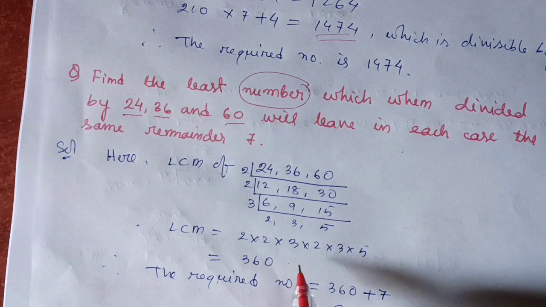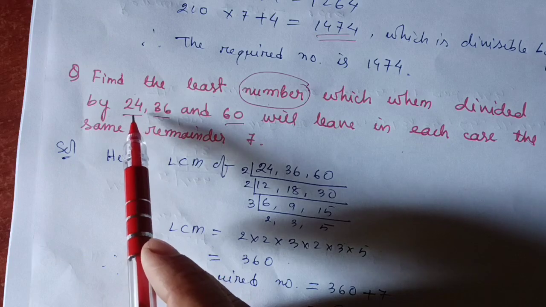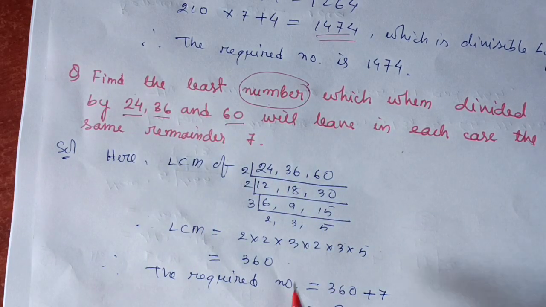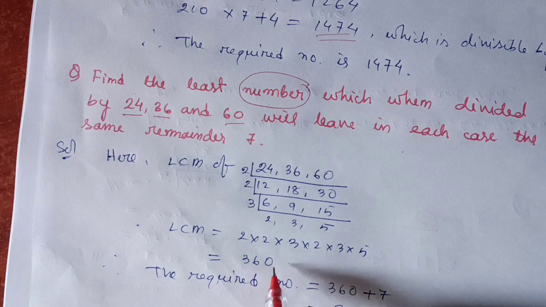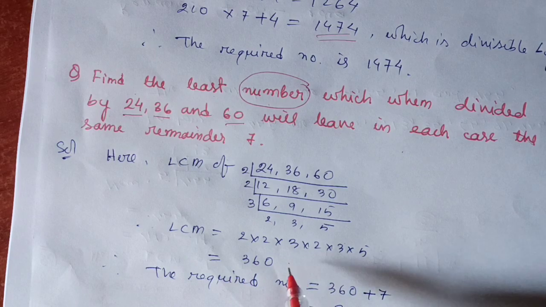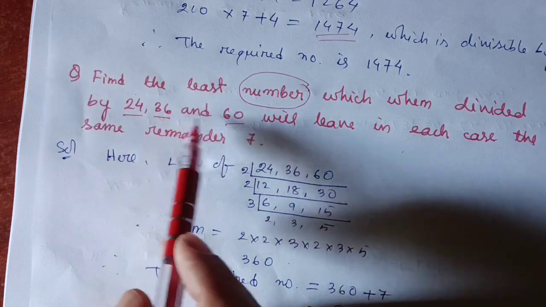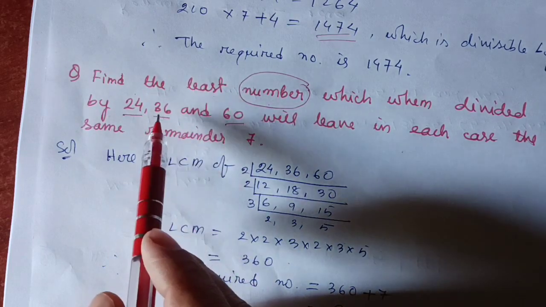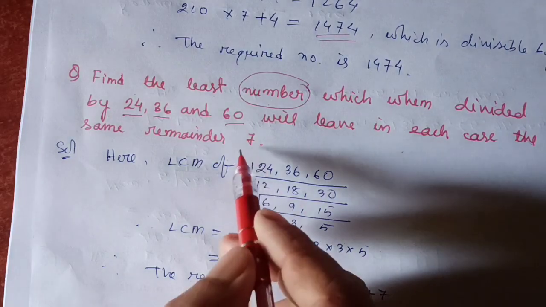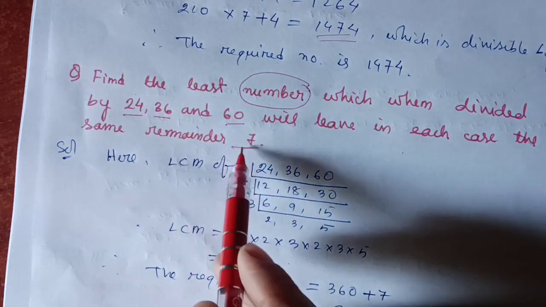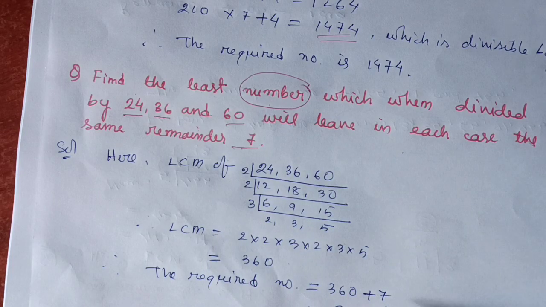So 360 is the LCM of 24, 36 and 60. So we get 360. So look here, 24, 36 and 60, these are all divisors. So what should we do with this remainder? Since divisors are given, this remainder we should do plus. So the required number is 360 plus